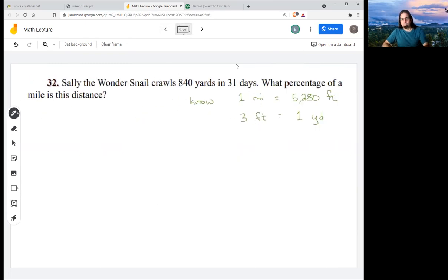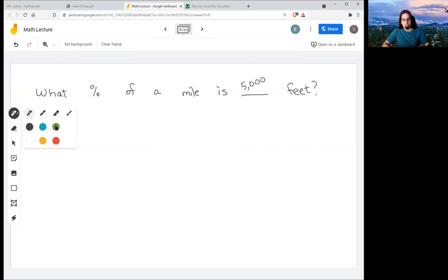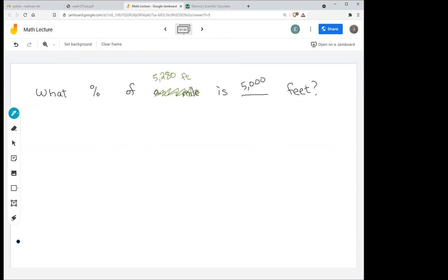A hint for this is use what we know. If I say, what percentage of 5,280 feet is 5,000 feet? Does that make it easier? Yeah. Would it be y